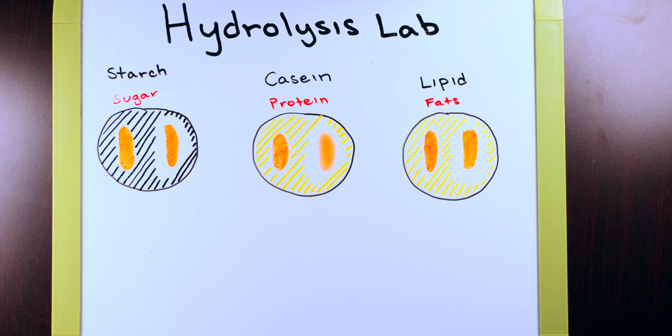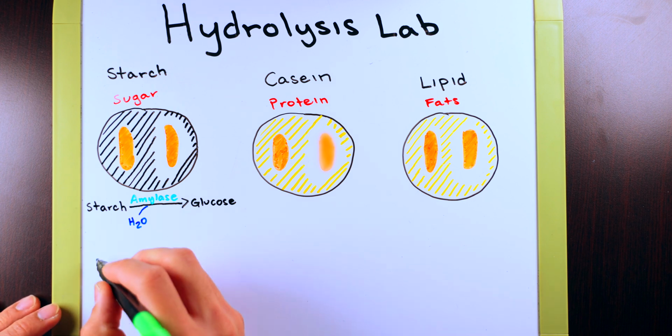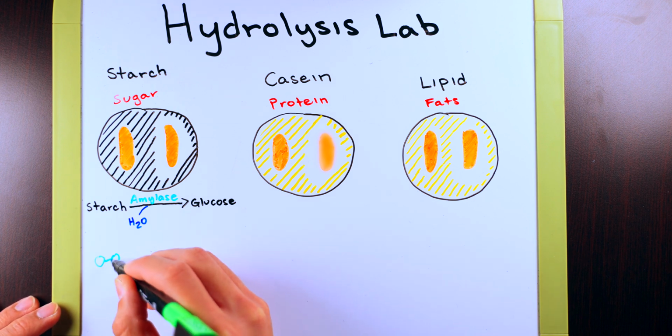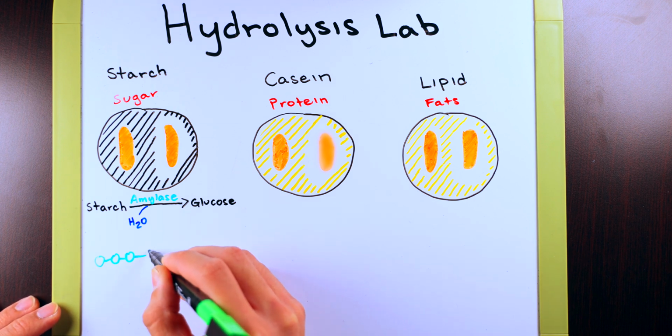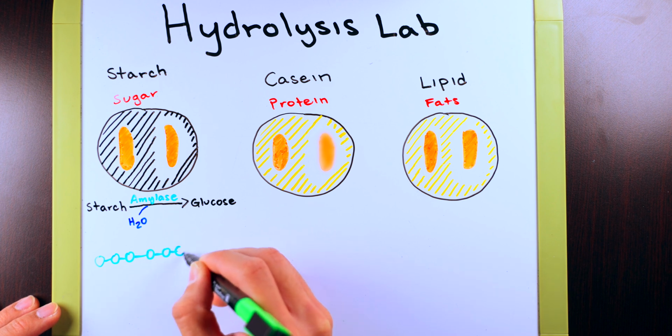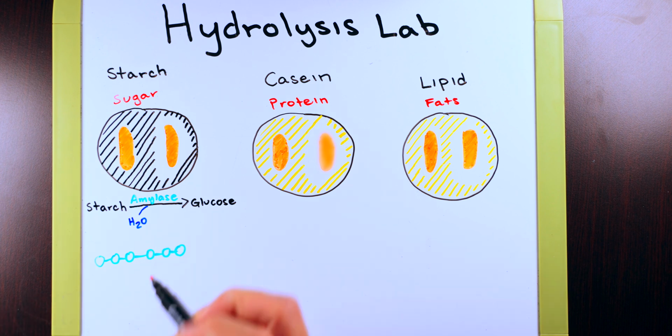Now that you have your positive and negative results, what does all of this mean? The purpose of this lab is to determine which of these bacteria has the enzyme of interest. In your starch plate, we are looking for the presence of amylase. With the help of water, amylase breaks down the complex structure of starch into individual components of glucose. And if you think of starch as a chain of sugar molecules that are all attached to each other, what amylase does is it breaks the bond between the individual sugar molecules to give you your glucose molecule,